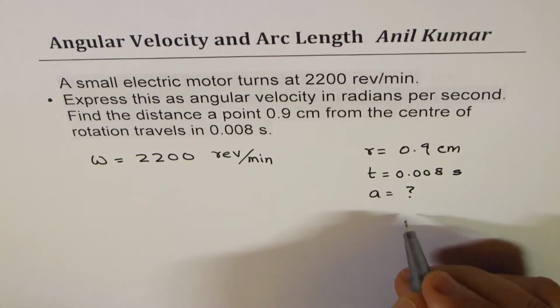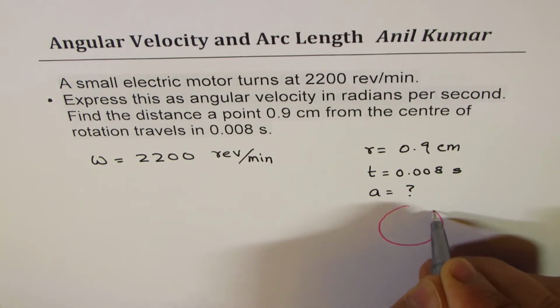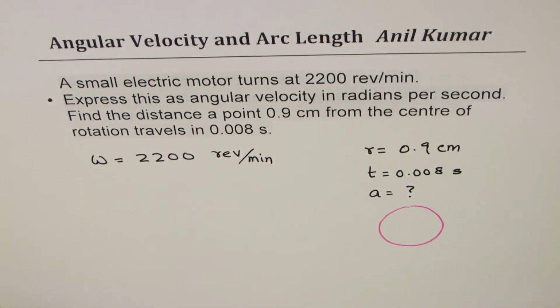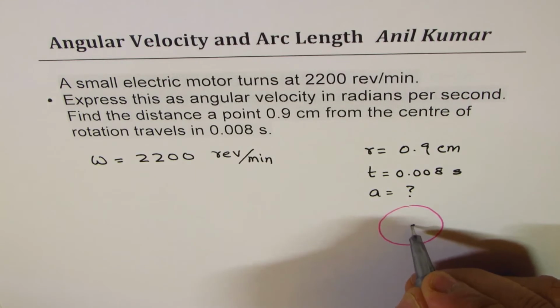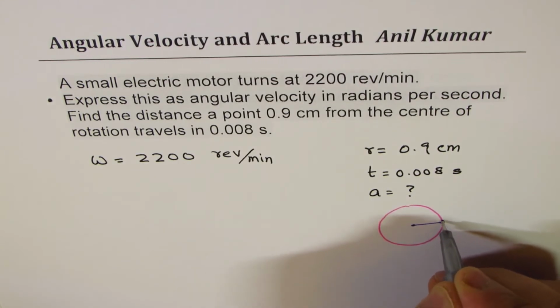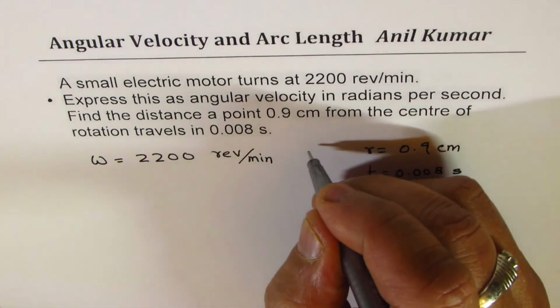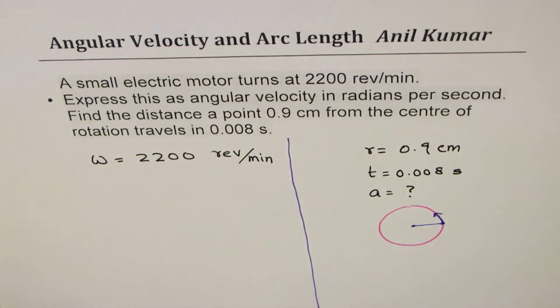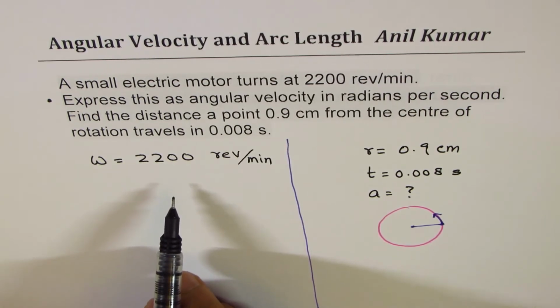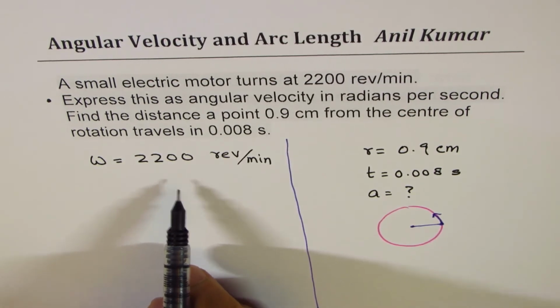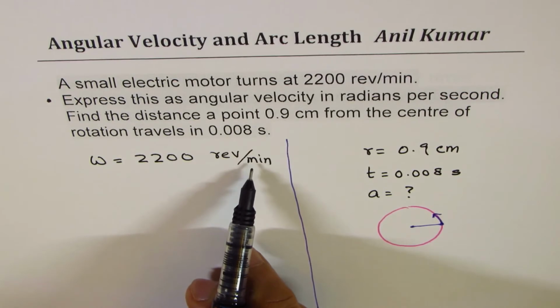So think like this. We have a motor here which is running, correct? And a point at some distance from the center is moving. That is the situation. Okay. So let's see how to do these questions. So for the first part, I'm using a very general way of converting units from revolutions per minute to